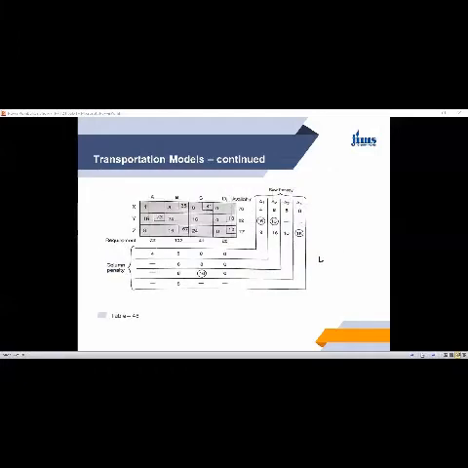So let us go to the next table where we have made the initial basic feasible solution by using VAM, Vogel's approximation method. You know that we first work out for each row and each column the difference of the least cost and the next to the least cost. So the least cost here is 0, so 0 and 4, the difference is 4 for this row. For the second row, 0 and 16, it is 16.